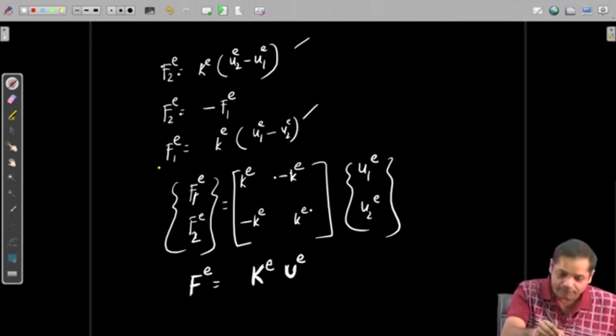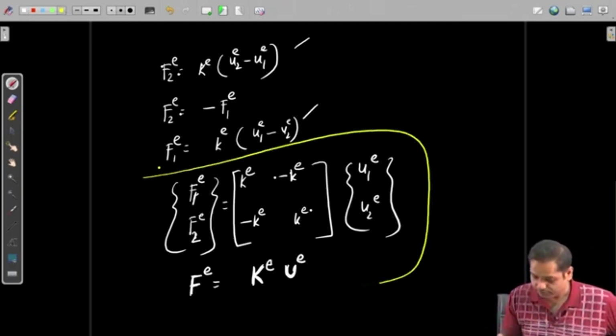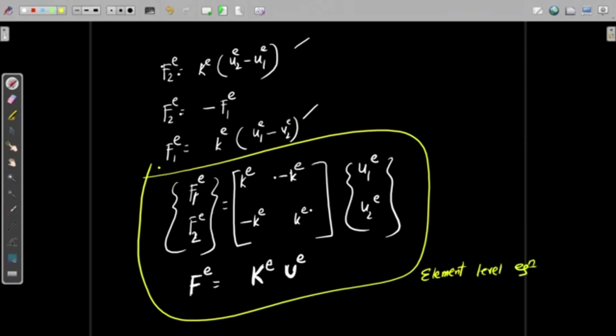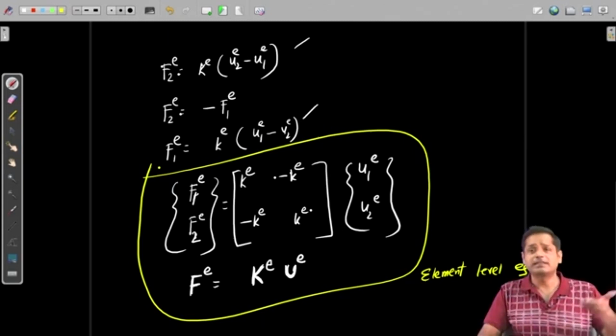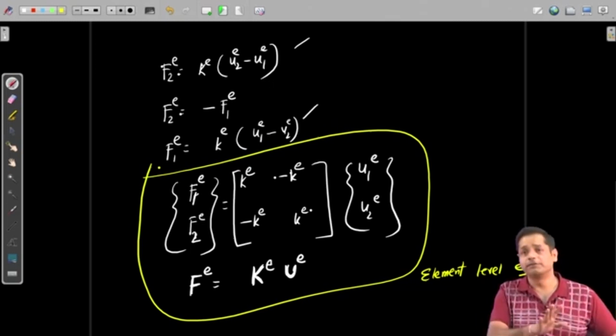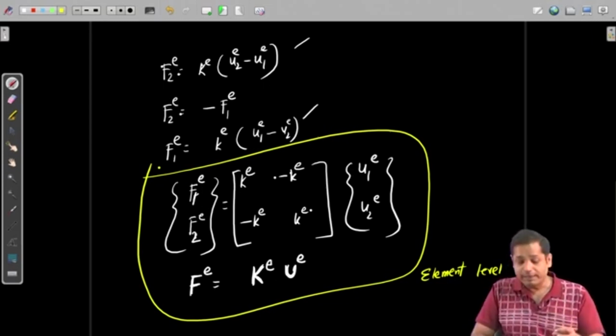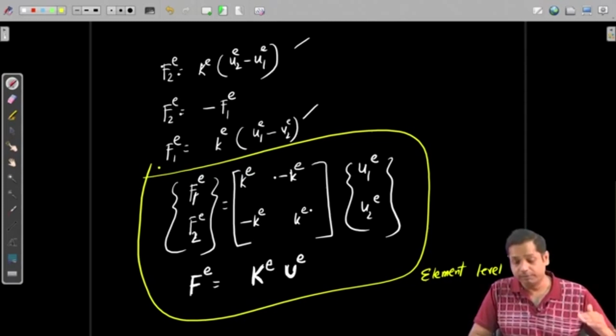This is the element level formulation, the element level equation, right? To get this equation, we used whatever solid mechanics or structural analysis knowledge we have, and we computed this equation directly from equilibrium, compatibility